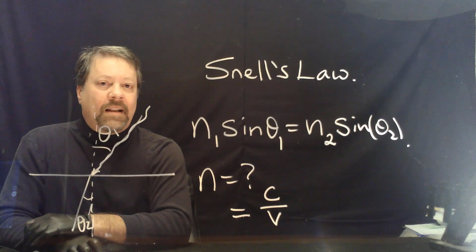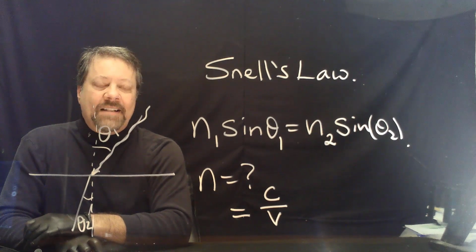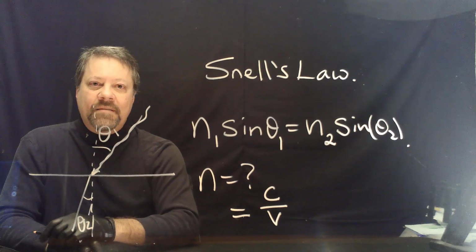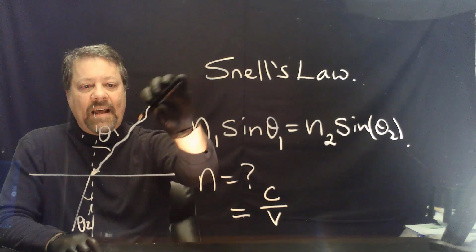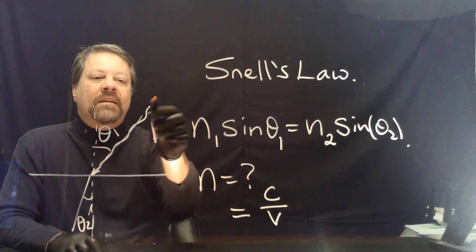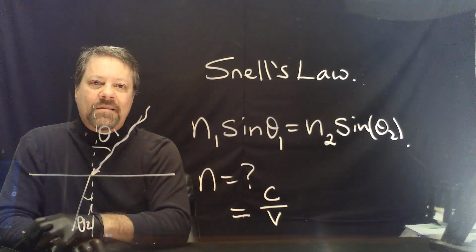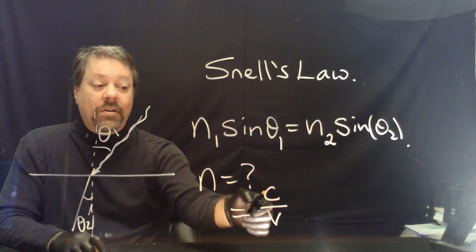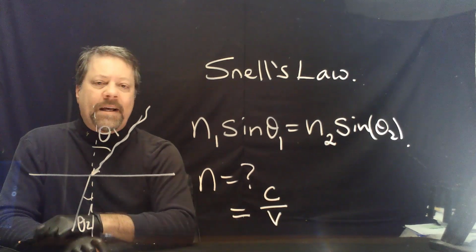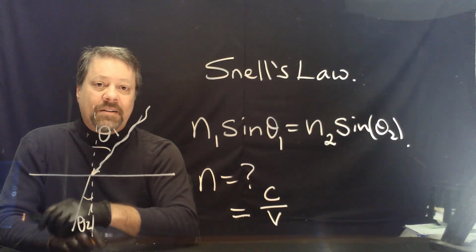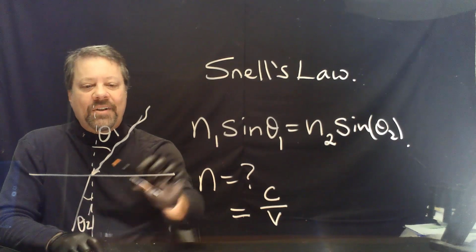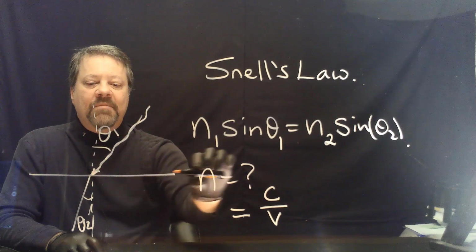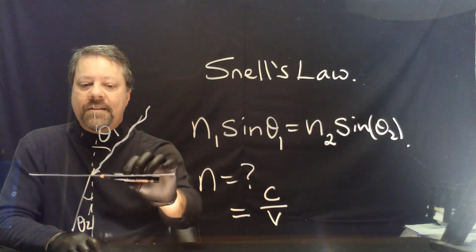Light is an electromagnetic phenomenon, and it's affected by the electrons in a substance. And so light can be slowed as it goes through a substance. So there's the speed of light in a vacuum, which is a universal constant, divided by the speed of light within a particular substance. As you can see, there's a sudden change in that speed of light here at this boundary between two different substances.